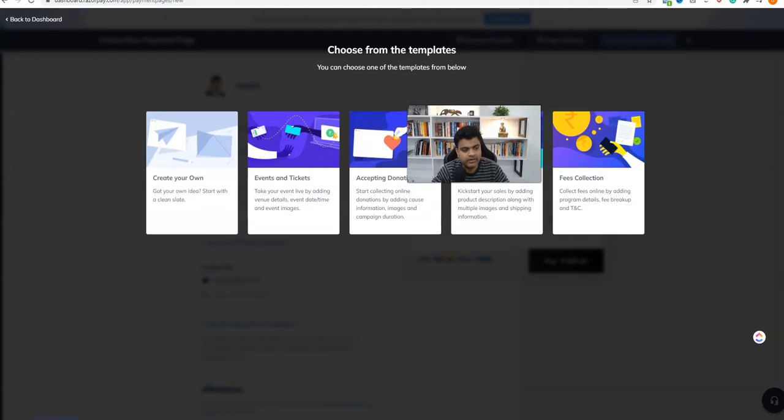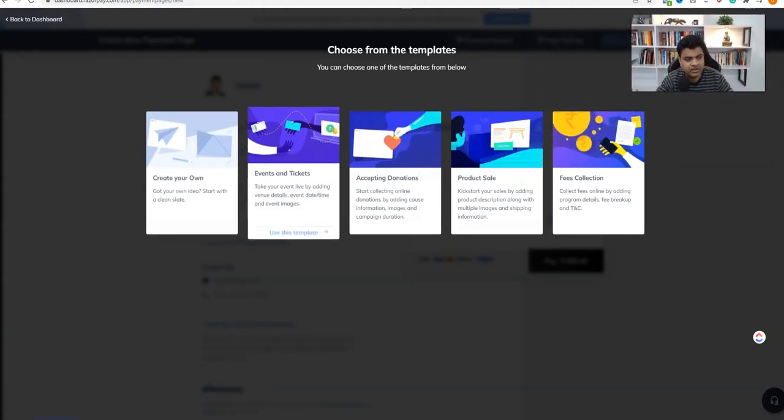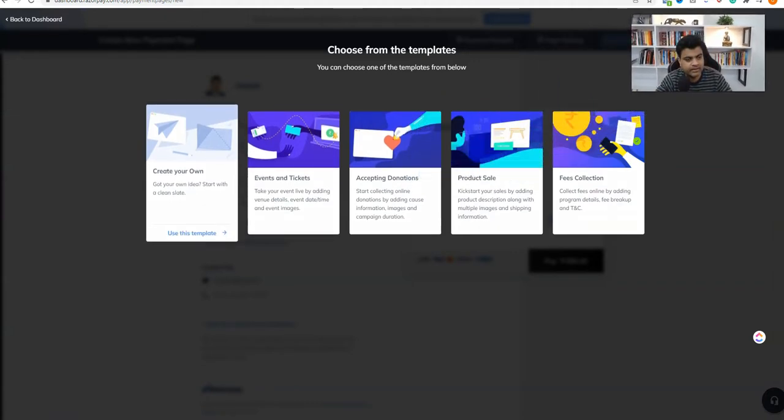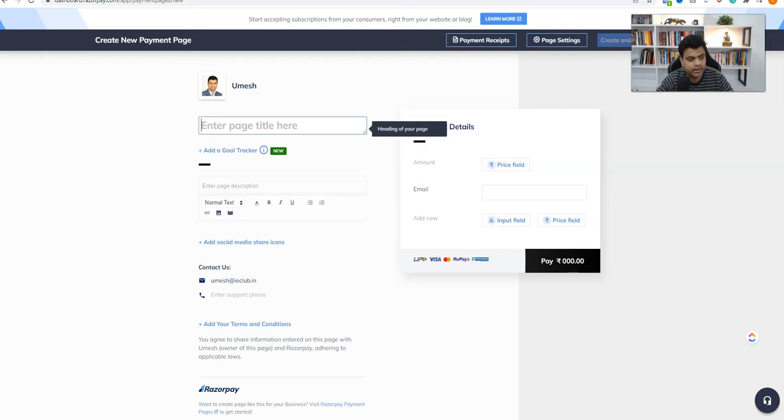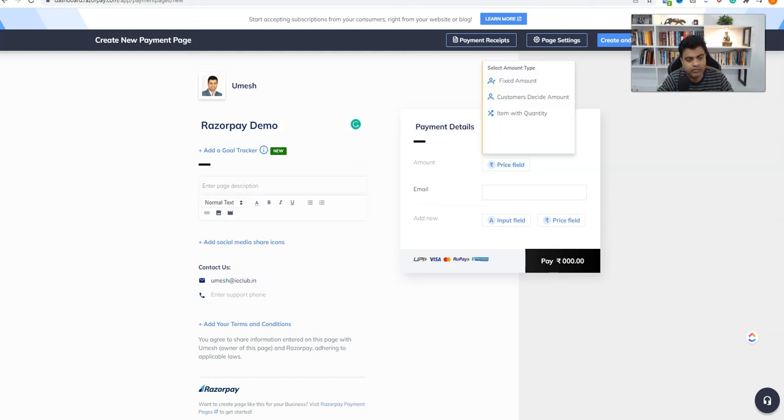I'll not go into the different options here. I'll just click create your own, and it is simple and straightforward. What I'll do is enter the page name, Razorpay demo. For the amount that I wish to collect, I will click on this, and I can either collect a fixed amount, or I can give customers the option to pay whatever they wish when they are about to pay.